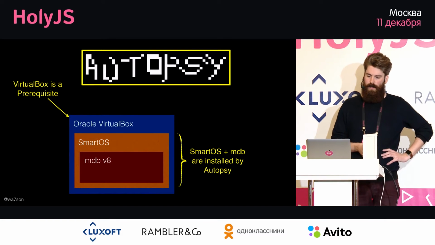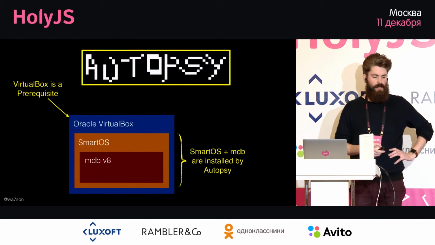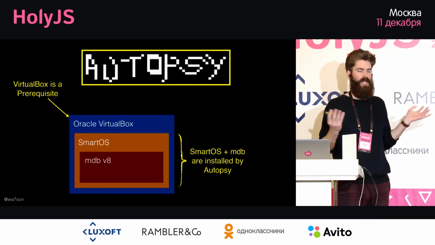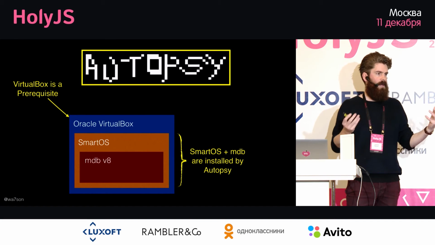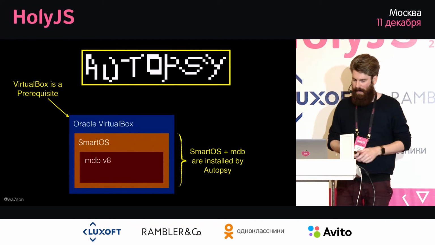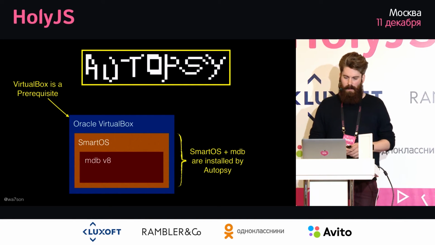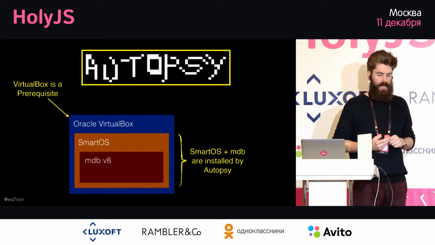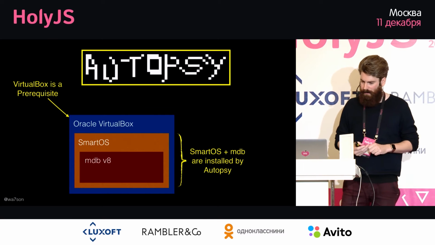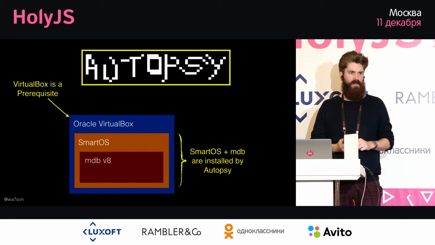So the way Autopsy works is that it expects that you already have VirtualBox installed. VirtualBox you can get for free from Oracle. It's basically a tool to be able to run any server on your own machine virtually. And then Autopsy will automatically create a virtual machine inside VirtualBox and install something called SmartOS, which is a hypervisor